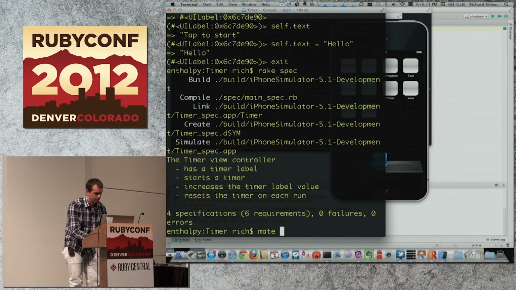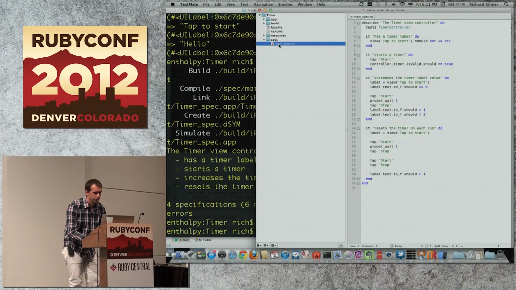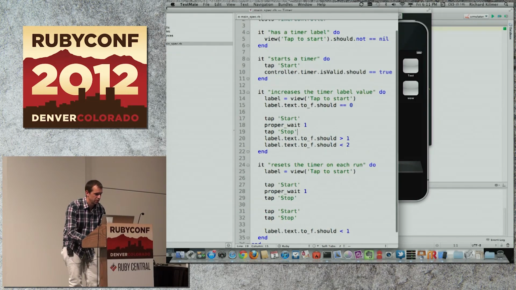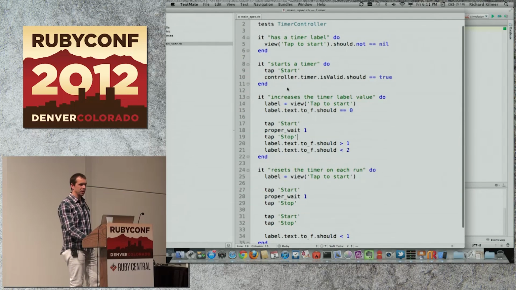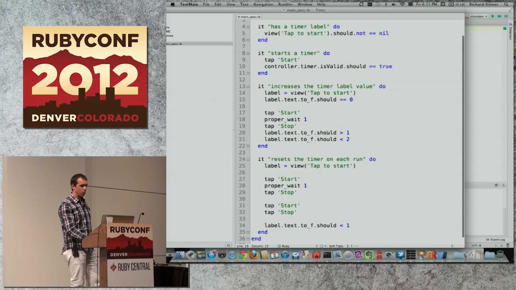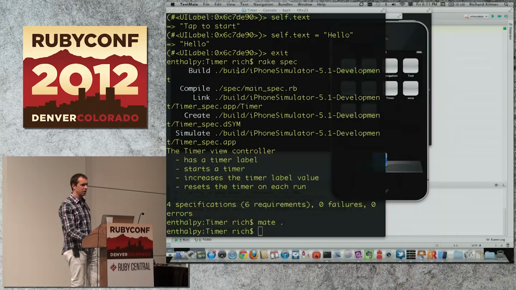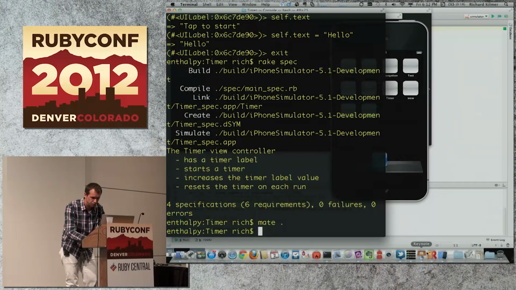So if I look at that spec, this is the spec that actually did that. Now this I know I can increase the size of. And it just ran these series of tests. It accessed the thing. It increased the number. It waited, clicked the buttons. And I was able to write a test that functionally tested my application that I built, which is pretty cool. So all of these samples, and by the way, most of those 500 projects are samples. I mean, there's just a ton of samples that are out there.